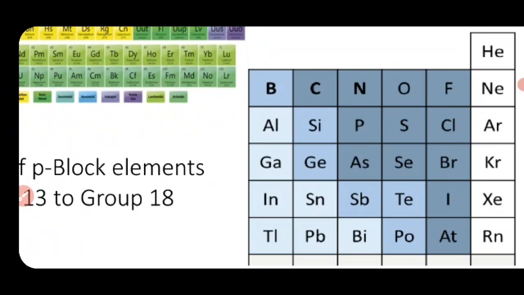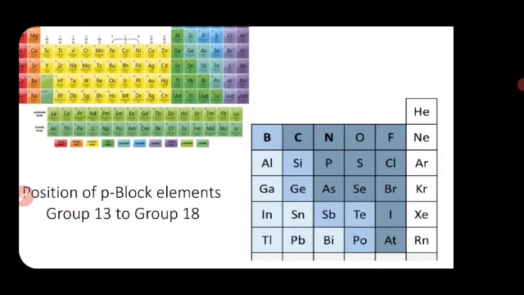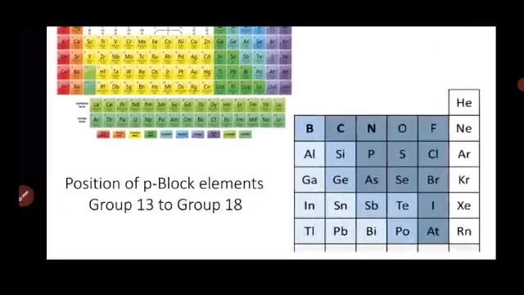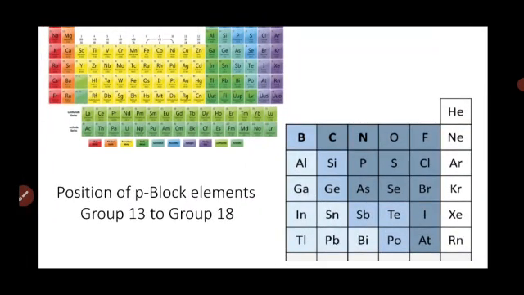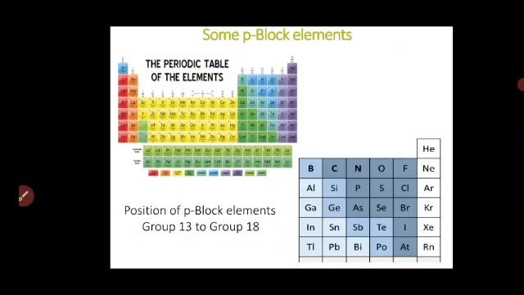Okay, so let us have the overall P block elements, that is how it is, what are the properties, how they vary, that we are going to study from the next slide. Here it is written as position of P block elements in a periodic table is group number 13 to group number 18. Okay, last year one more we have studied, that is